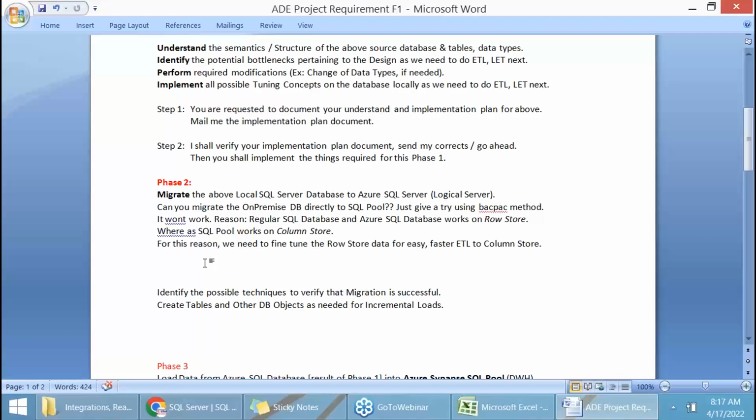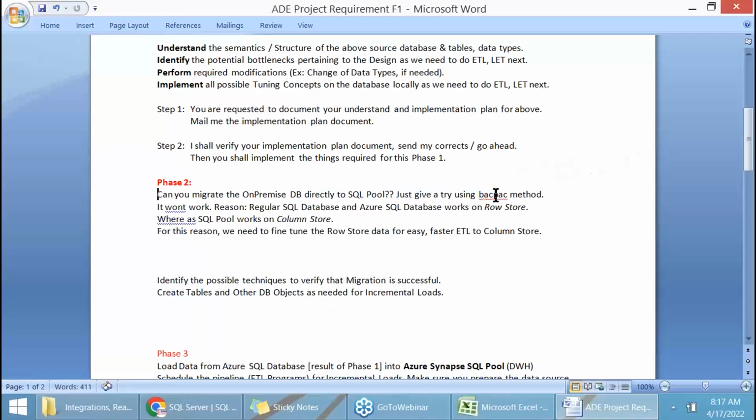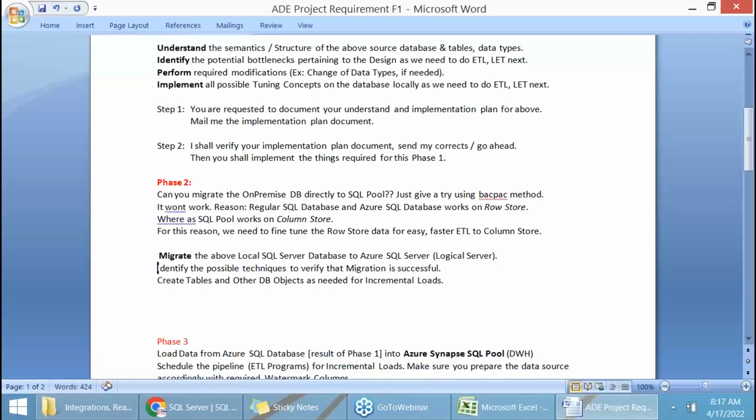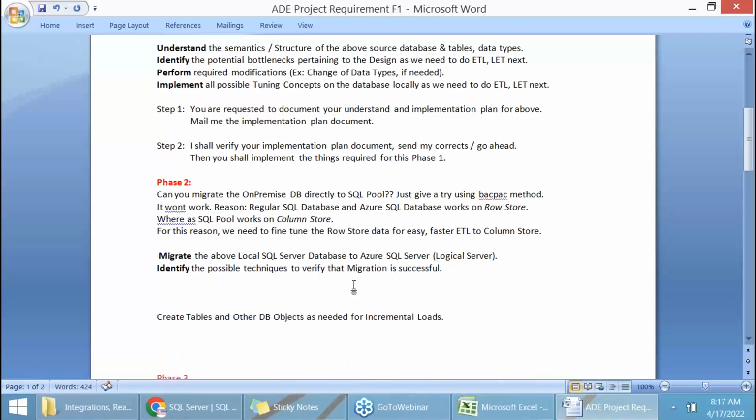So what we do? Migrate local SQL Server to Azure SQL server first. Once you do the migration, identify possible techniques, or simply identify the possible techniques to verify that migration is successful. Okay, you do all the migration activities. Then, once it is successful, next,